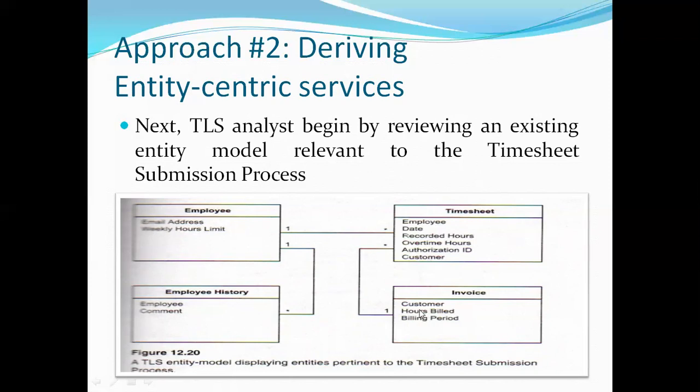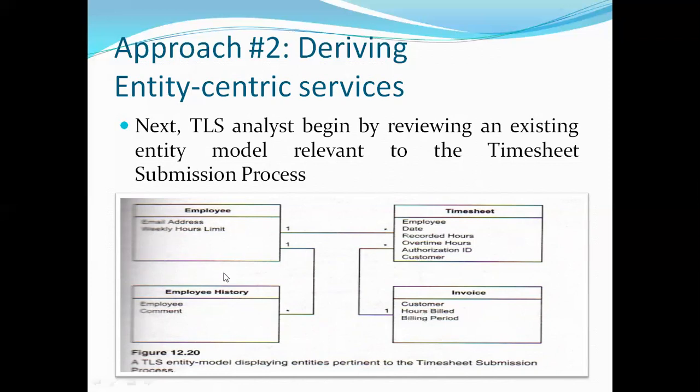Then the invoice. The invoice is prepared by the clerk and given to the customer. That invoice contains customer information, detailed information, hours billed, and billing period, so the time and period for solving that particular maintenance job is mentioned in the invoice.